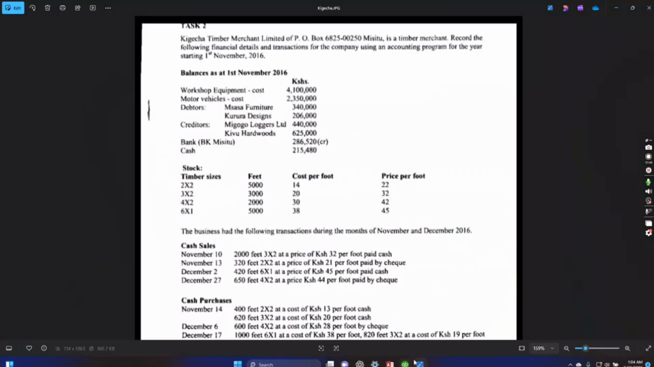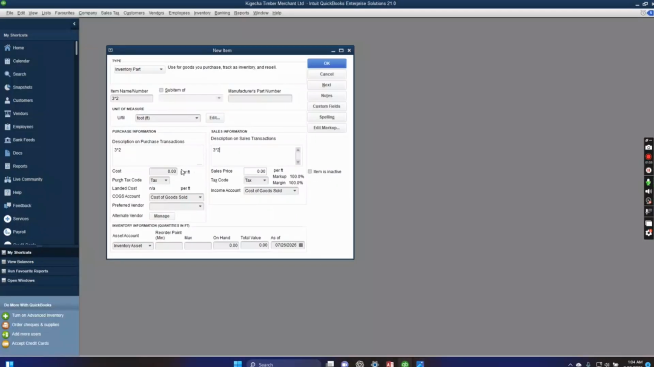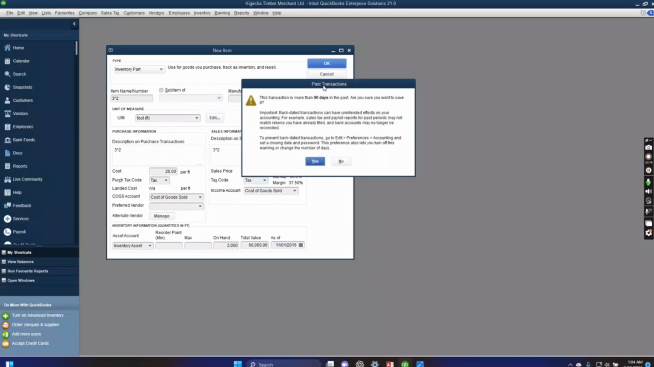The cost is 32, then the quantity is 3,000. Cost is 20. Selling price is 32. Then on hand is 3,000. Then as of these dates. Then next